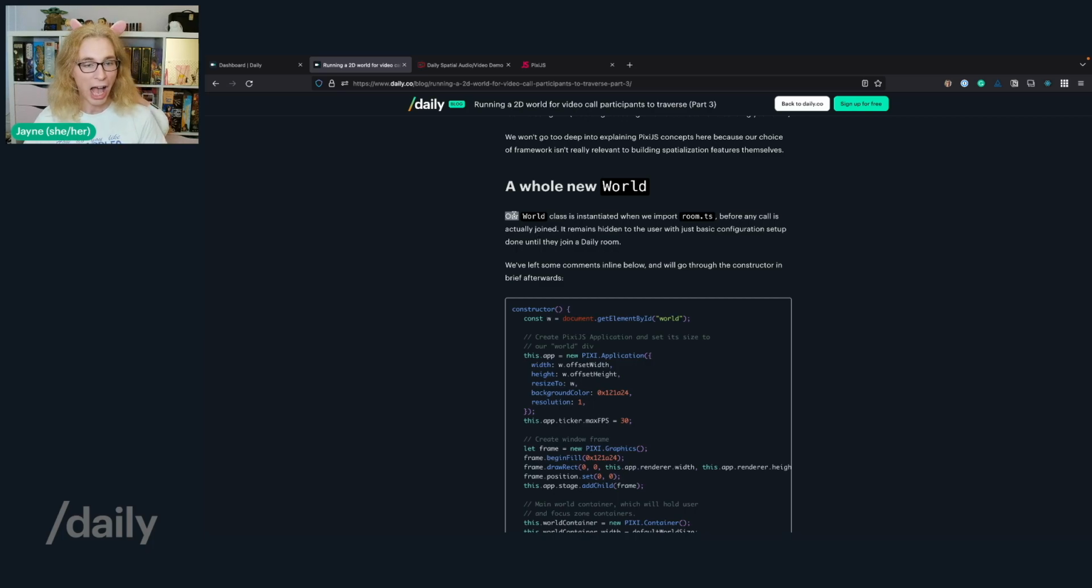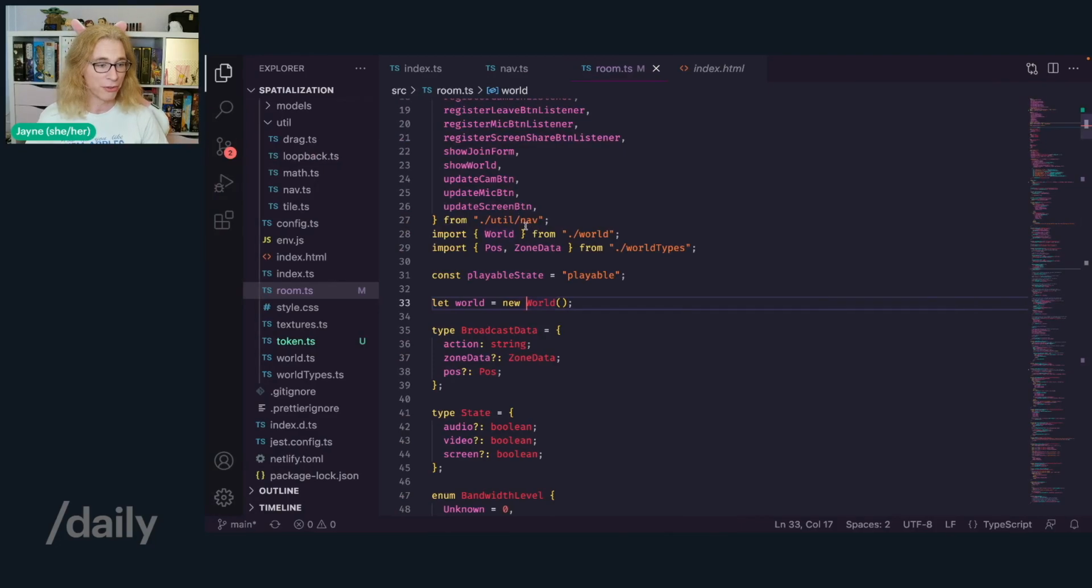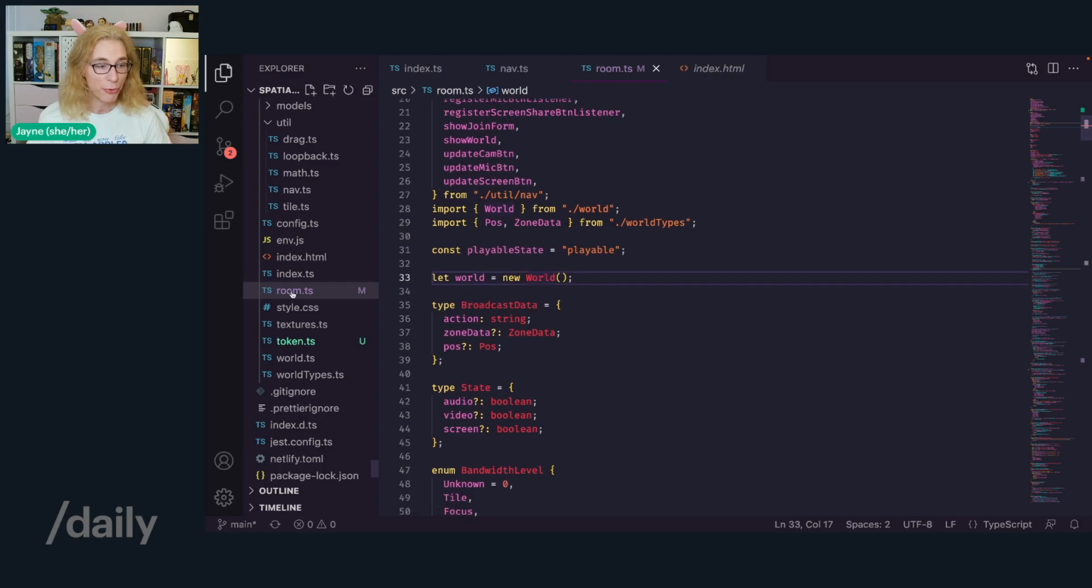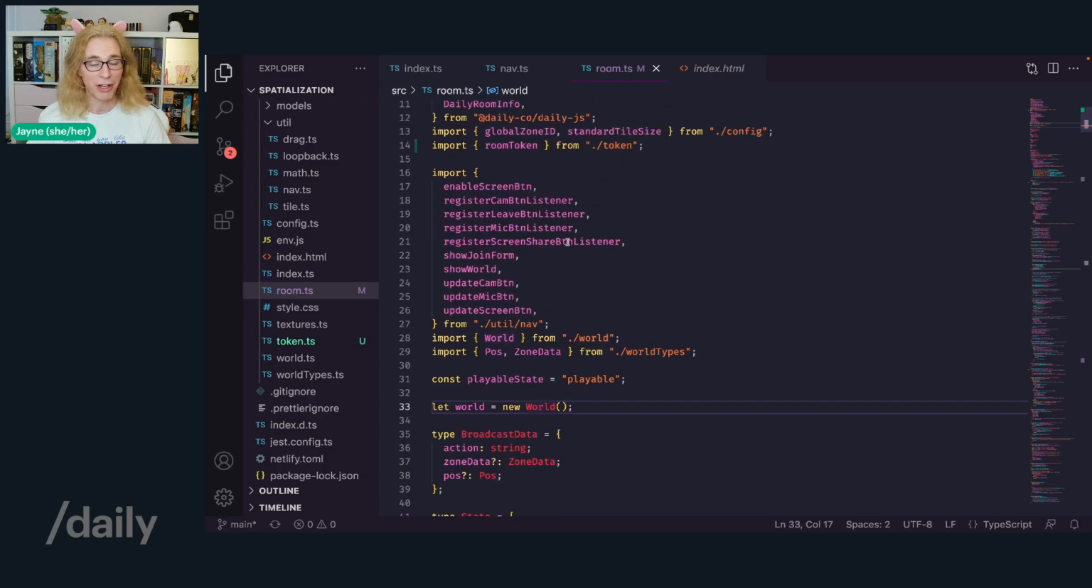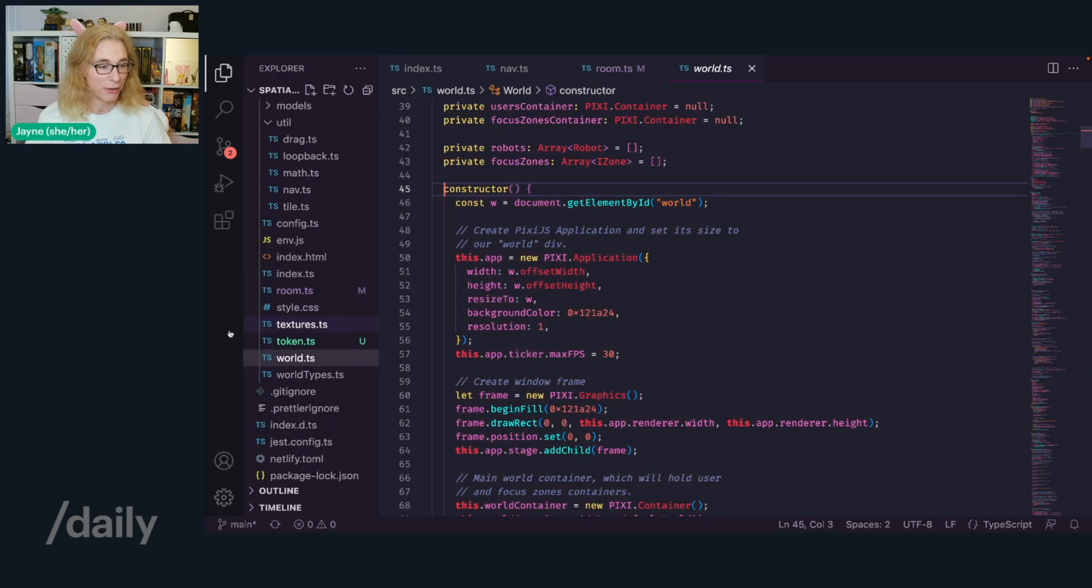So our world class, let me just go back a step. Here we have our code that we've seen in the previous videos. In our room file, which was where we defined the whole big room where everybody's in, we created a new world, which sounds awesome, creating a whole new world. So if you go into this file, which is the